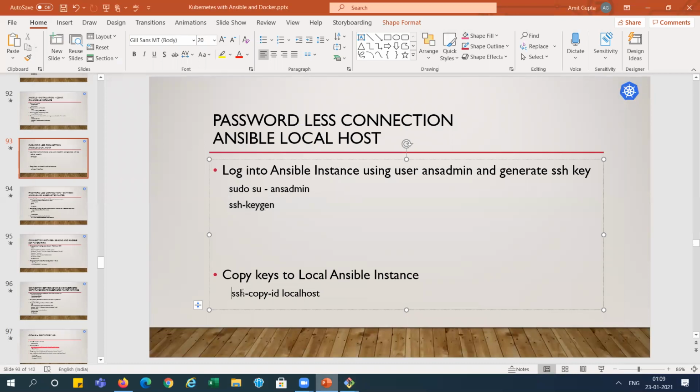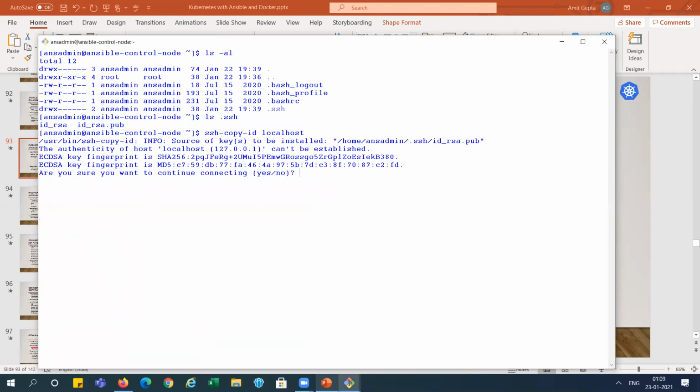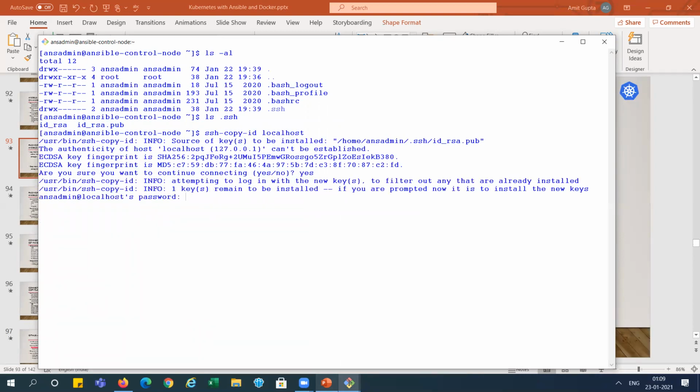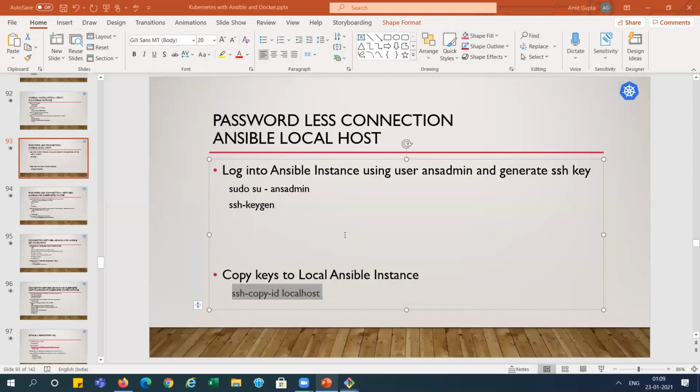Now we need to copy these keys to the localhost. The first time it asks for the password. This key is added, and it is connected with the localhost, right? So we have done this step.